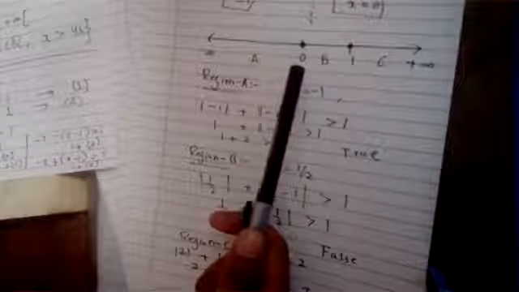One is region A, which starts from minus infinity and ends at 0, and the second one is region C that starts from 1 to positive infinity, and therefore your solution we can write here. Your solution set is equal to two of the intervals we have. One is minus infinity to